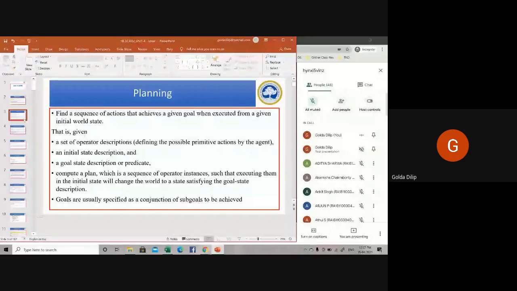Maybe the number of days left for the exam, the subject category, whether it is simple or hard, the number of chapters you need to study, the notes availability, and so on. So you need to plan to achieve your goal. So what could be your goal? The goal could be to get a distinction or a good CGPA, or just to clear the subject, depending upon it. So planning involves steps that need to be taken in order to reach your goal optimally. Planning will tell you how and when to do the necessary steps given your goal.